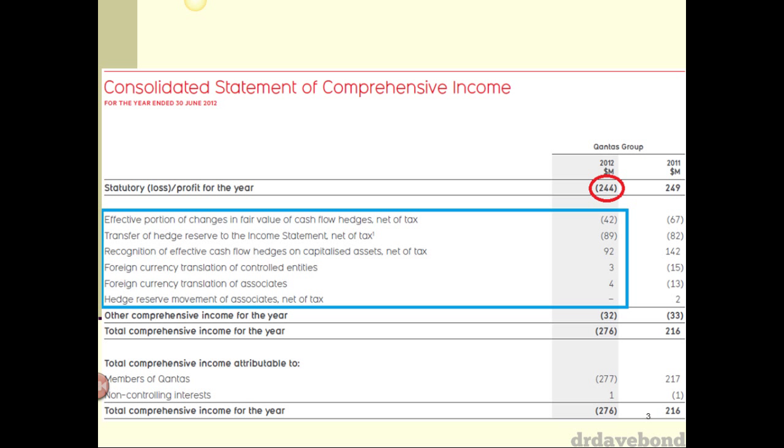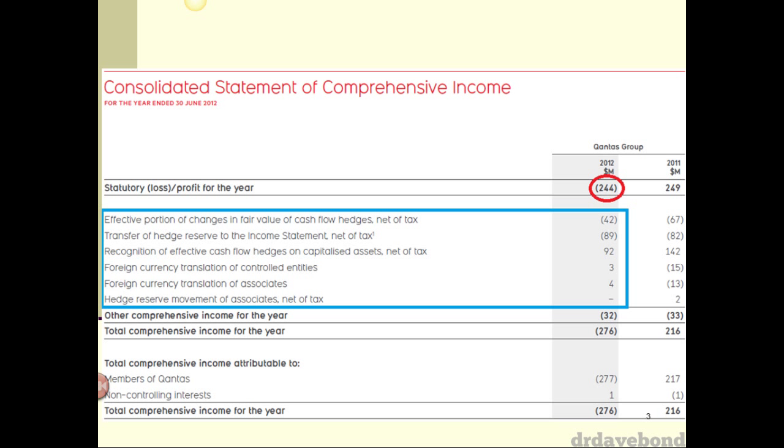Now, this is important because if a company has a choice, and they don't always have a choice with this sort of thing, but if they had a choice to have something have a profit and loss impact versus an OCI impact, if it's a negative thing, they're going to want to push it through OCI because that way it doesn't hurt their profit. If it is a positive event, they would probably want to go through profit and loss because profit and loss is the thing when we're looking at company performance that we're interested in. So when the media talks about it, when analysts look at performance, this is generally the number that they're looking at. They're not looking at 276.